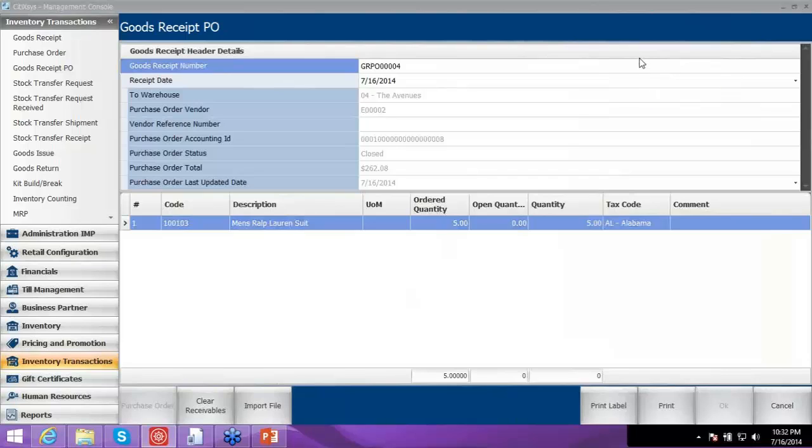physical mobile device or using an emulator. Okay, so you can see this particular GRPO has been received now. Now I can print the labels using the normal iVend practices. Okay, so Handheld we are using just to receive the stock straight away on our doorstep at the store level,